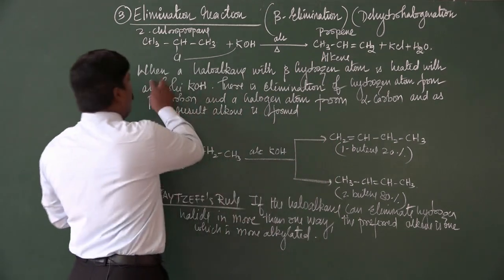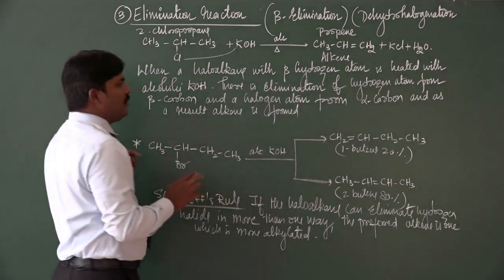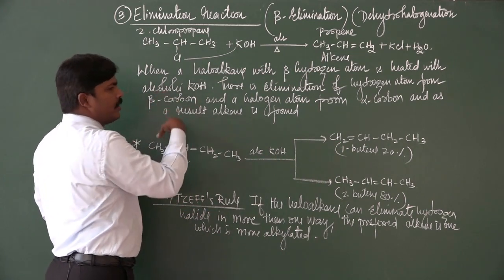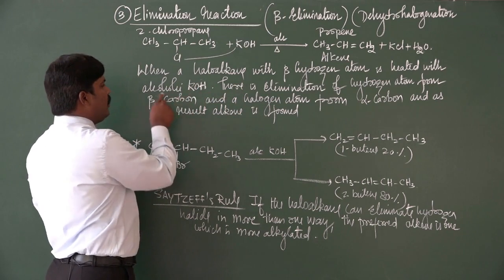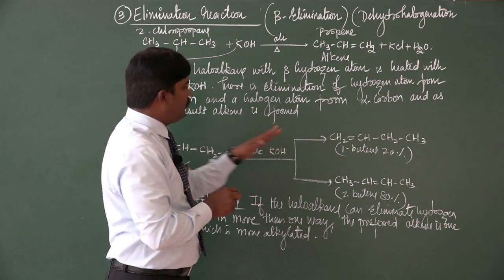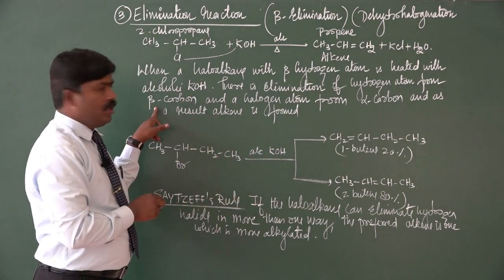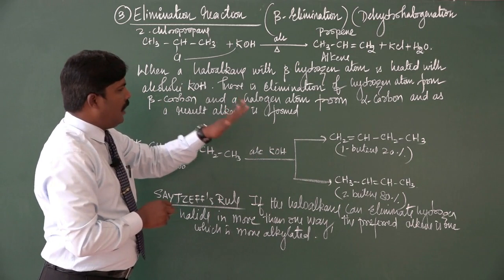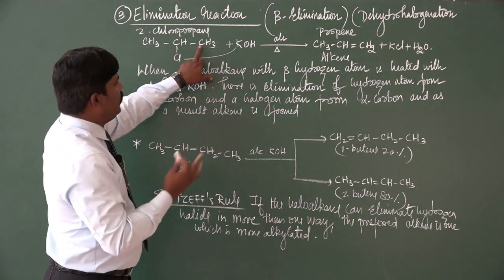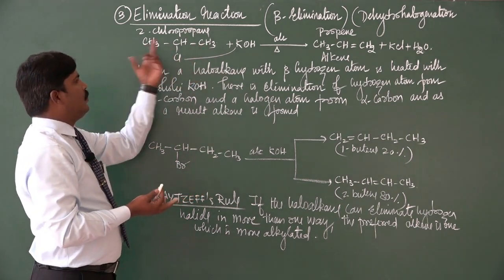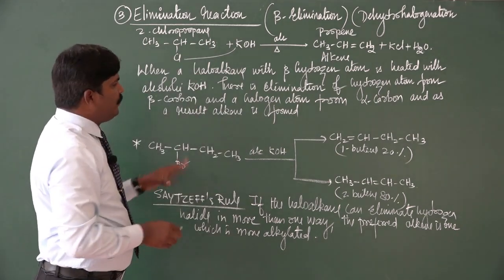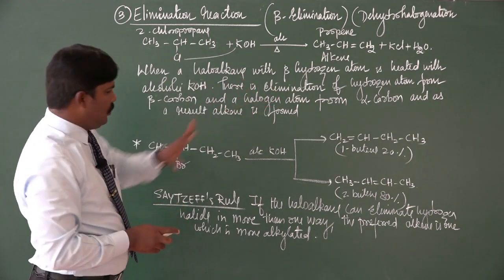So, what we say is, when an alkyl halide having a beta hydrogen atom is heated with alcoholic potassium hydroxide, what happens? There is elimination of a hydrogen atom from the beta carbon and a halogen atom from the alpha carbon, and as a result an alkene is formed. So, halogen from the alpha, hydrogen from the beta, therefore I get an alkene. Okay, now if I take